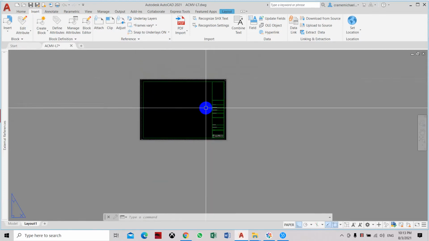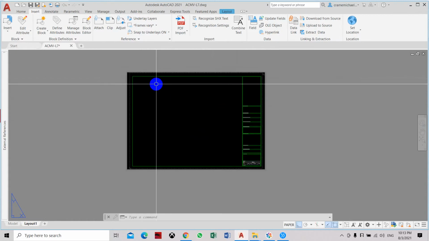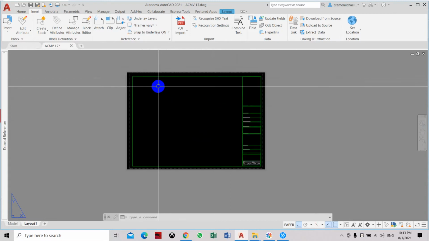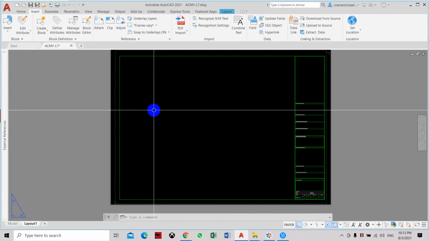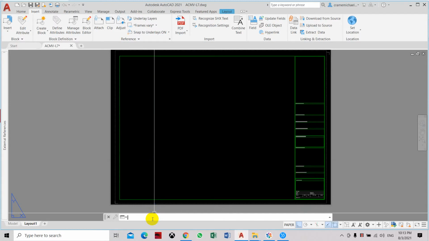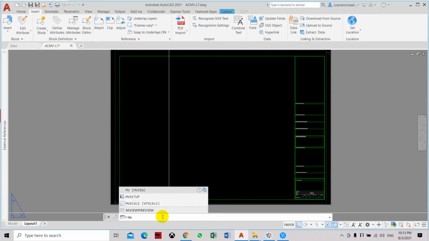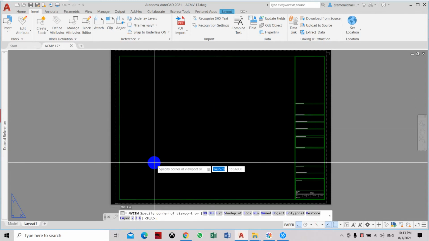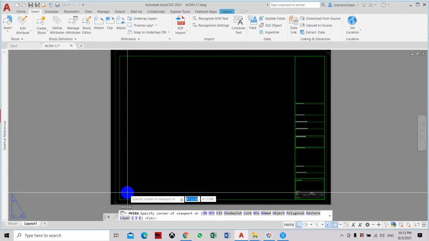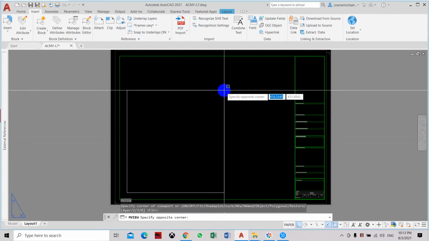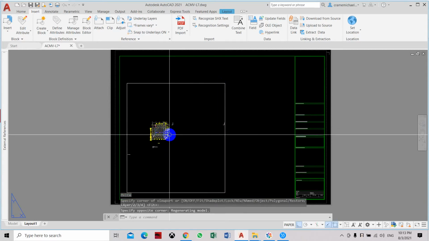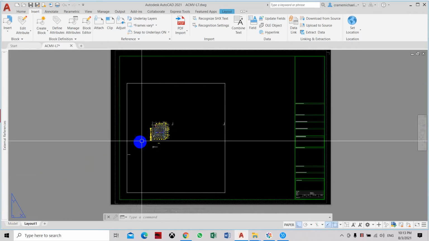So now that we have set in our title block, we can create viewport. Here we need to type in VP for viewport or MView. Let's create the first one. Let's select the second corner. Here you can see that the drawing in the model space has already transferred